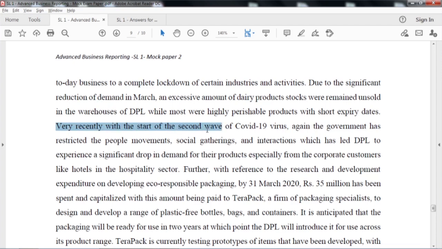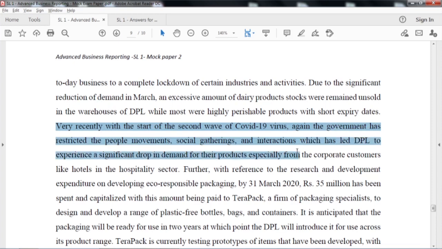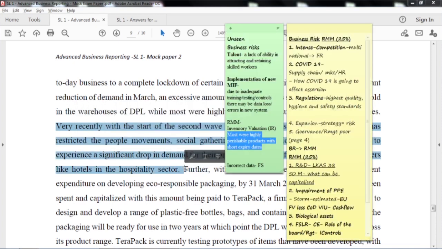Yeah, very recently the second wave of COVID has also been connected, right. Again, I am sure in your actual examination there will be a discussion on the second wave of COVID. The government has issued more restricted protocols now, and that is going to affect. So, definitely when we write COVID as a business risk here, we can explain the impact on the demand, right. That is the market part, we have written that. Those you can explain, and that actually can create fraud risk as well.